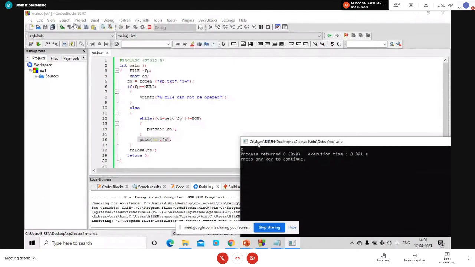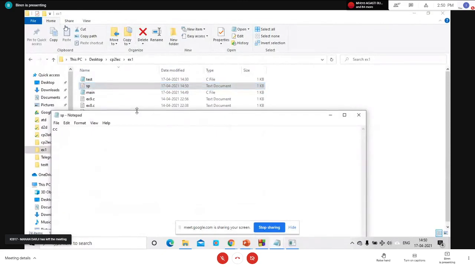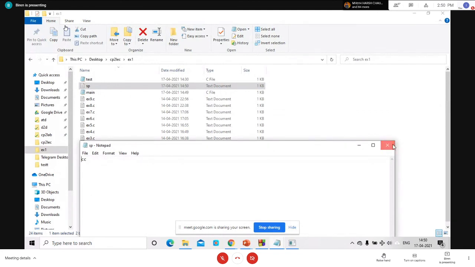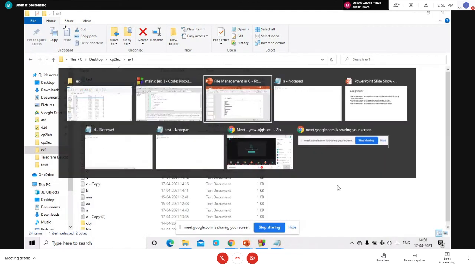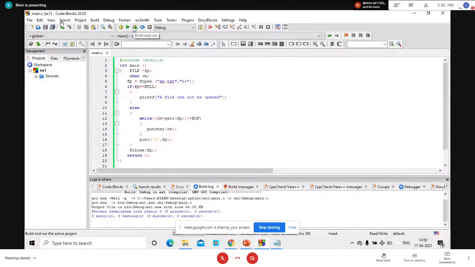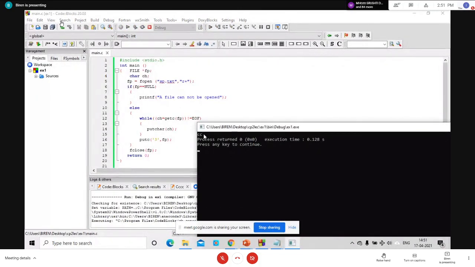Now the file sp.txt, the data is similar. The original data is cc. This data is already stored inside sp.txt.